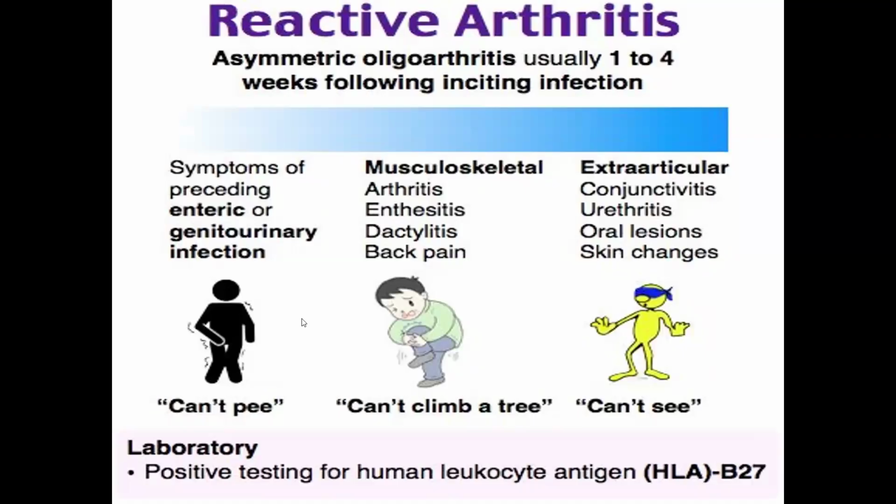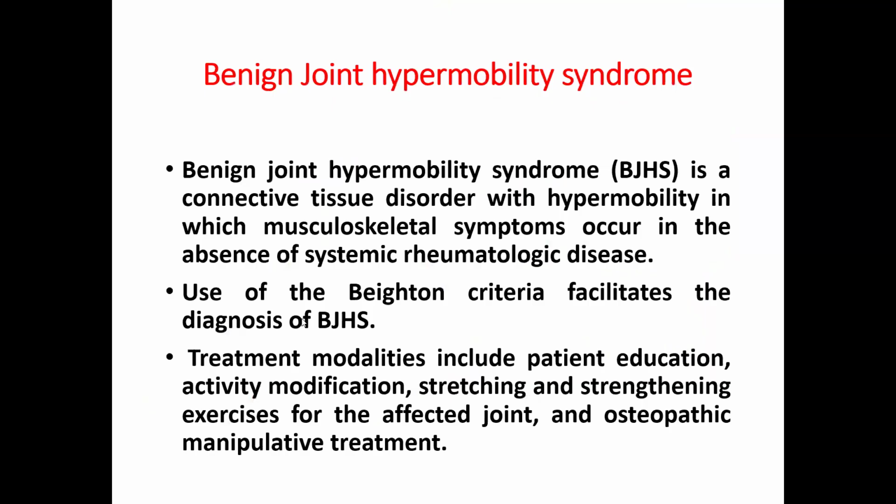All right. We'll jump into another condition here called benign joint hypermobility. By the way, this is a very common problem. At least 5% of the population has this condition. It shows up mainly in adolescence, okay? And it can lead to different pain complaints in different parts of our body. You cannot say that this is a disease. This is more or less like a normal variant of